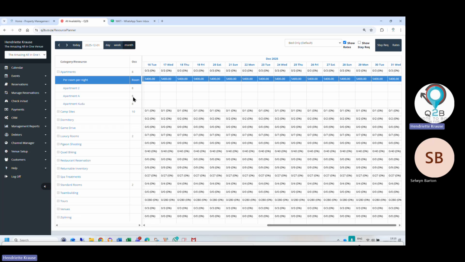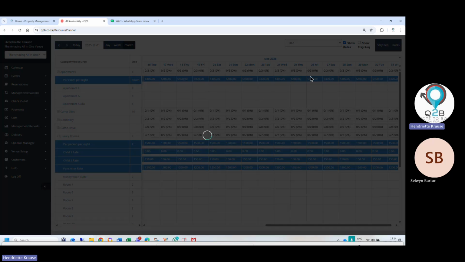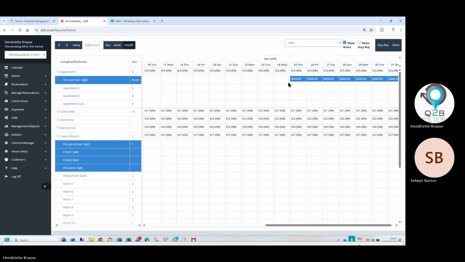Did I do the luxury rooms? I can't remember which one I pushed. Oh, it's the OTA one, sorry. And then immediately you can see it updates the rate, and it pushes that rate to the OTAs. You see there? Okay.